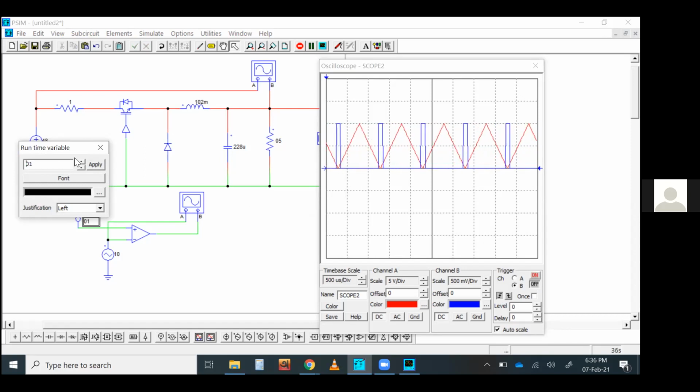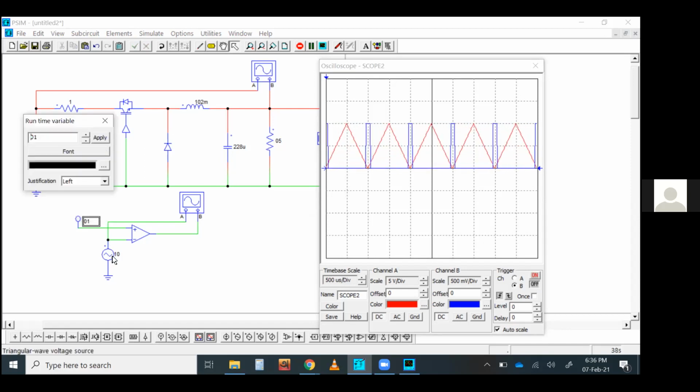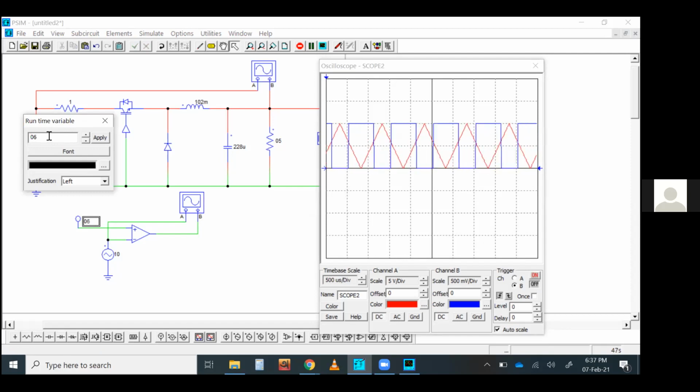You are comparing this DC voltage with this triangular wave, and accordingly generating this square wave pulse. So by changing the value of this voltage source, you can change the pulse width or the duty cycle. That's the thing you can do.